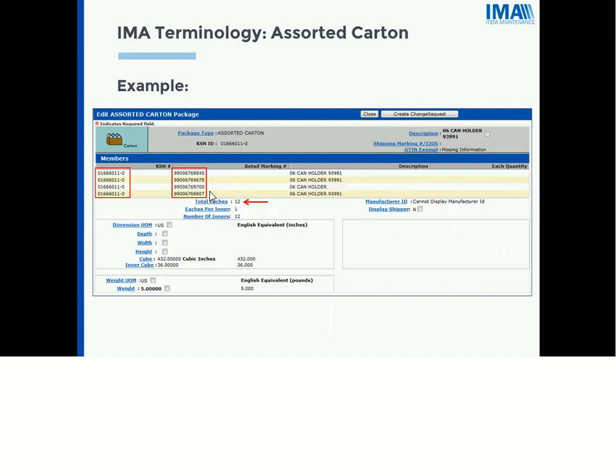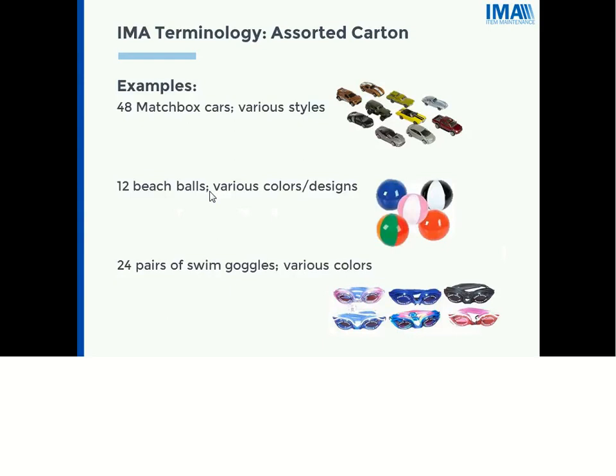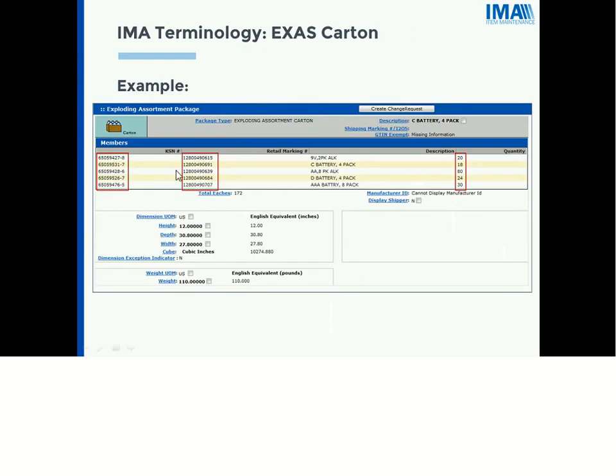That sounds like an exploding assortment carton. Let me go back to that page. Here, this exploding assortment carton itself will have a KSN number. Yes. And then there are other KSN numbers down here. These are your eaches, and each of those KSN numbers has a UPC as well. So it sounds like you're describing an exploding assortment carton. Okay, so the exploding assortment carton is pretty much what I'm entering? That's what it sounds like.